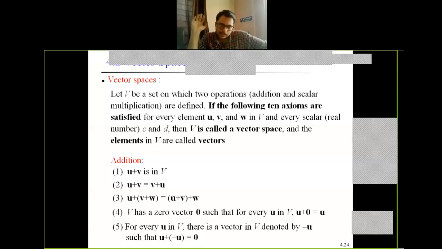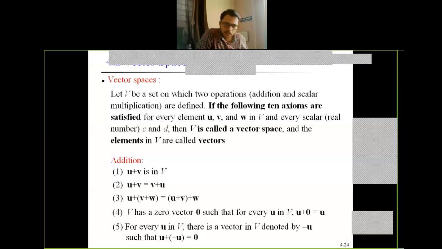Then next, the order of vector addition is not important. The second axiom is telling us that whether you perform u plus v or v plus u, it is the commutative law. In general, it is called the commutative law, so vector addition is commutative. You must have seen this in high school mathematics. So u plus v is equal to v plus u. This property also should be satisfied by your space to call it a vector space.